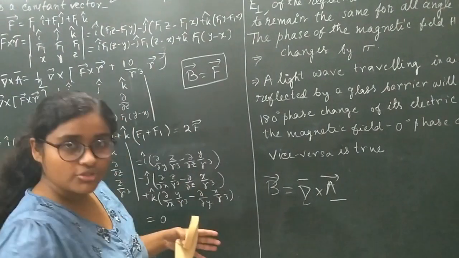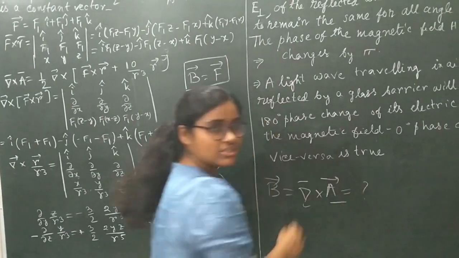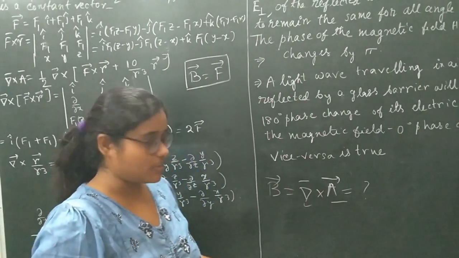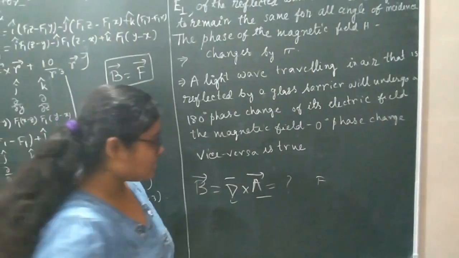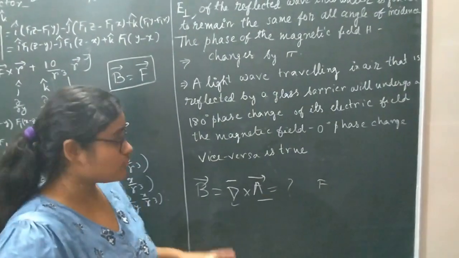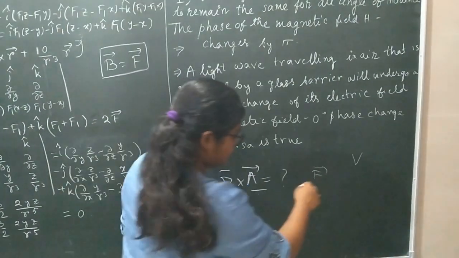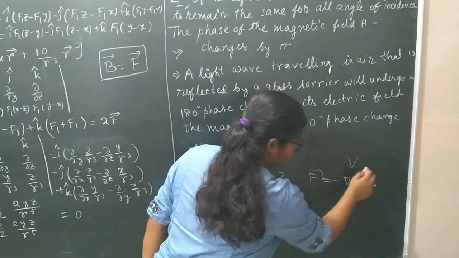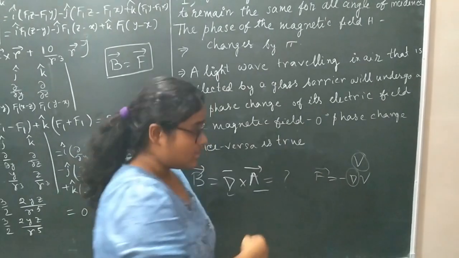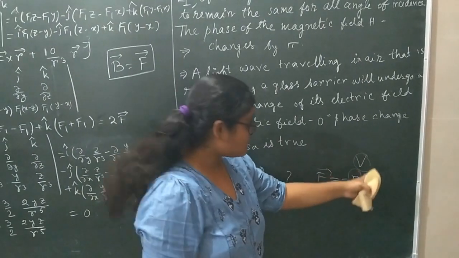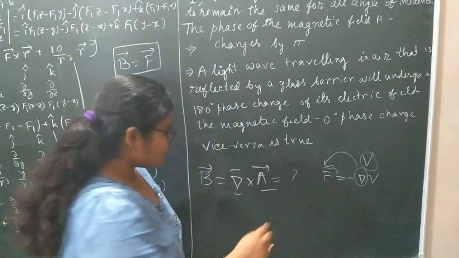Before proceeding to solving, I want to tell you why this is called vector potential. This is called vector potential because suppose you have a force and you have a potential. So how do you get the force from that potential? We all know that if V is the potential and F is the force, then we can write F equals minus grad V. Applying the gradient on this potential, we can get a force field. So this is similar.